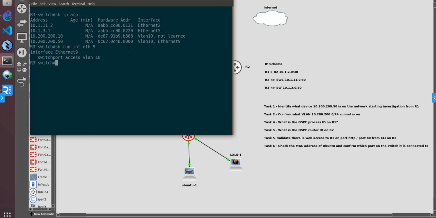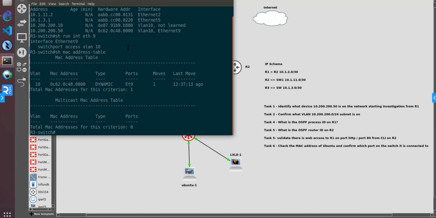Switch port access VLAN, it's in VLAN 10, and then if we do a show MAC address table, we can also see that Ethernet 9 has a MAC address of this, and it's a dynamic MAC address. The final part of the puzzle, so what we're basically saying there is, if we were to look at this